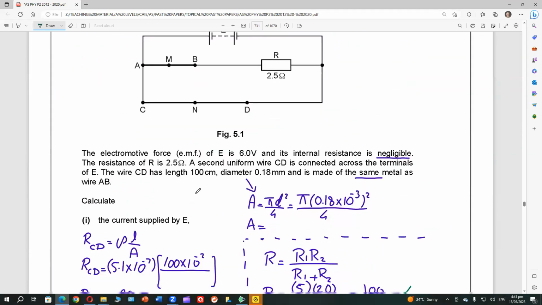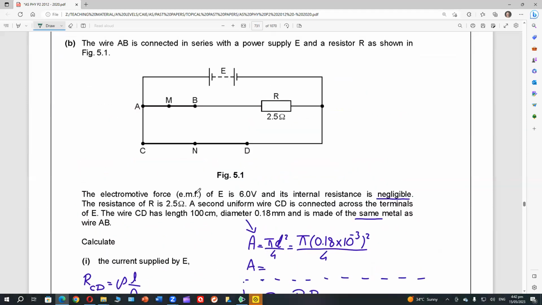This is wire AB. We have the resistance, but the problem is current. Actually, we know the current of the whole circuit, but we do not know the voltage. But I was thinking that the battery is of